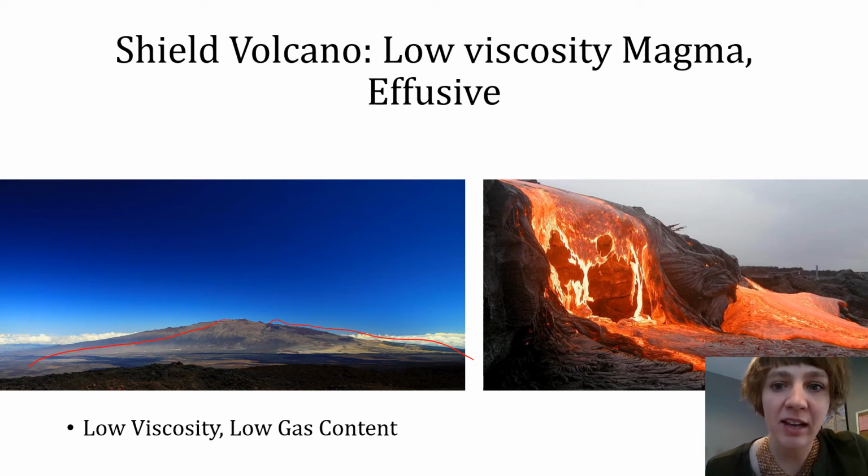This is due to the fact that the magmas that create them have fairly low viscosity, magmas that flow even under their own weight. So as these magmas are being erupted, they're just sort of settling down, creating these low slope, broad volcanoes. And these shield volcanoes are primarily constructed during these effusive eruptions of low viscosity, low gas content magmas. So your pahoehoe and your